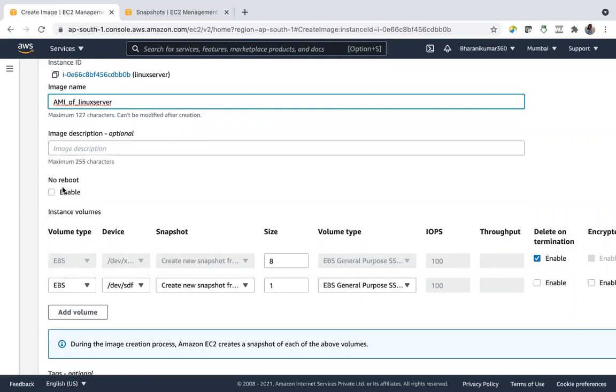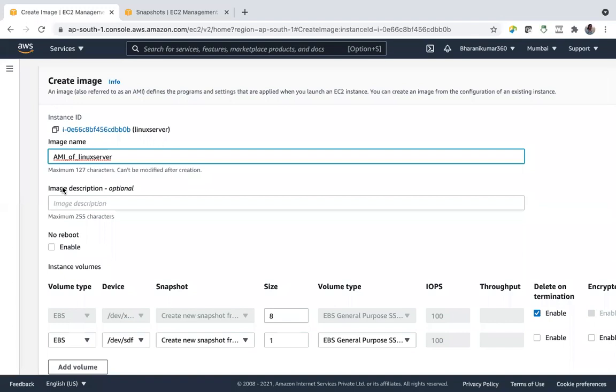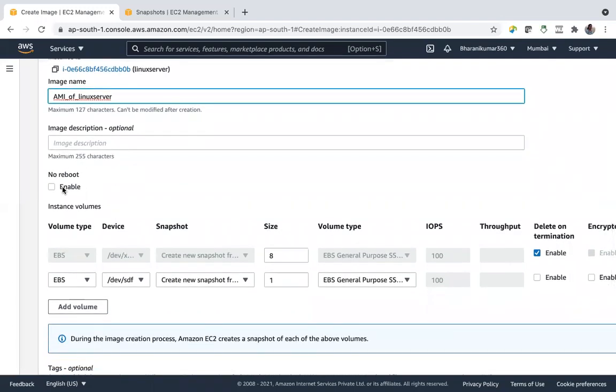Now you are taking copy of your instance, AMI of your instance. How you want to do that? And AWS, if you don't enable this, will reboot your instance and take that image copy. Suppose you don't want that. Why? You want your server to be running. Maybe it is in production environment. You don't want your production to get stopped because clients will experience that downtime. In such scenarios, you can enable this. Without rebooting your instance, AWS will take AMI.